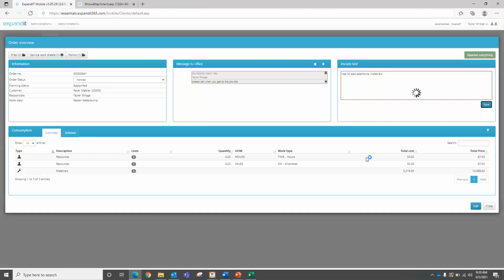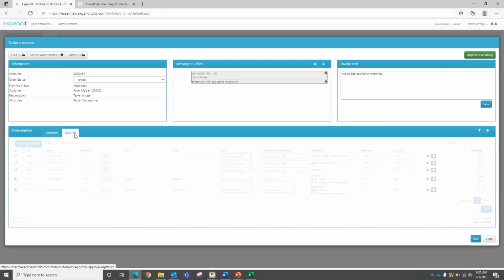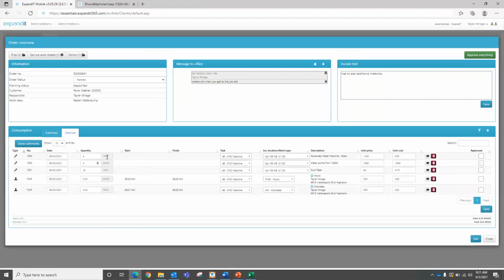You can click save and it will save it onto this invoice and send it over. Down here we have a summary. We have that same type of thing, same summary feel. We can always go into details, and on this details it will actually show you all of your materials, your time, all of that is going to show right here. So again, you have the ability to see all of it,